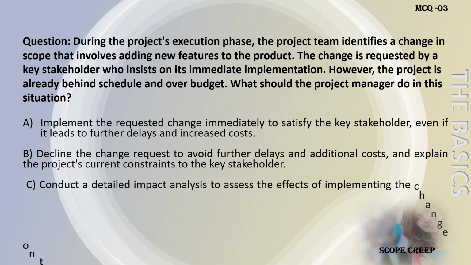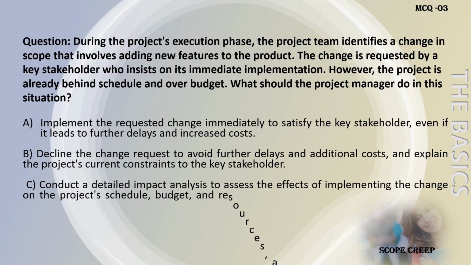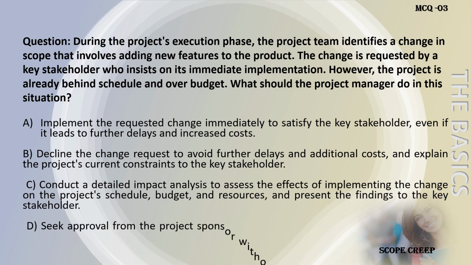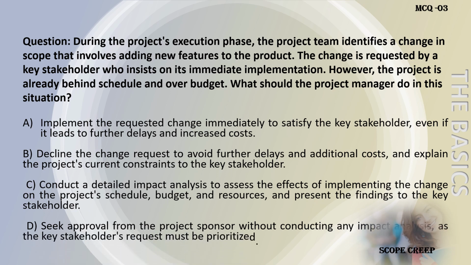A. Implement the requested change immediately to satisfy the key stakeholder, even if it leads to further delays and increased costs. B. Decline the change request to avoid further delays and additional costs, and explain the project's current constraints to the key stakeholder. C. Conduct a detailed impact analysis to assess the effects of implementing the change on project's schedule, budget,